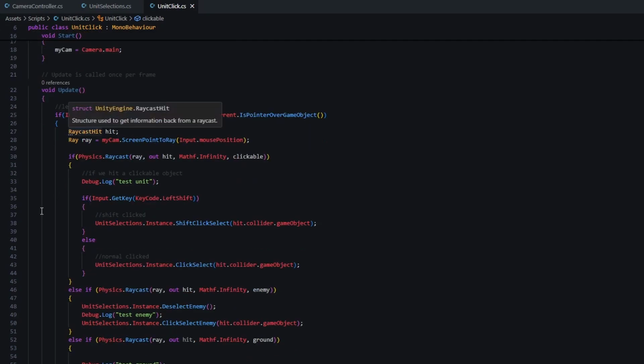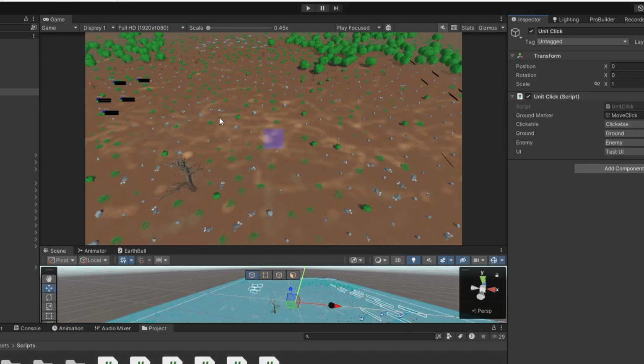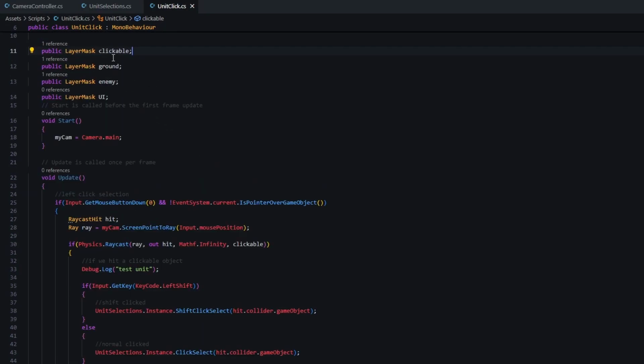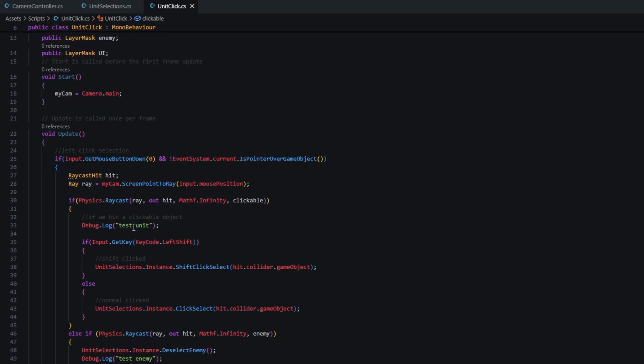And then with the raycast, which is the projection of your mouse into this 3D world. So for example, if I'm with my mouse here, I'm over the tree, or over this tree. So we are projecting from the 2D plane into the 3D game world. And then we're checking what our mouse is hitting over the camera with the mouse position. And if it's clickable, which are our standard units, then